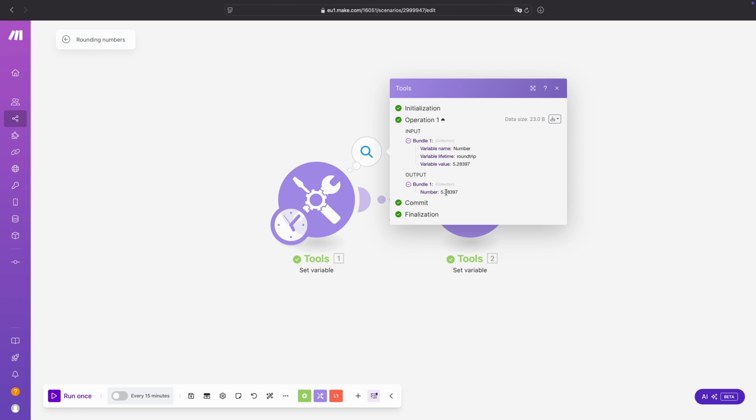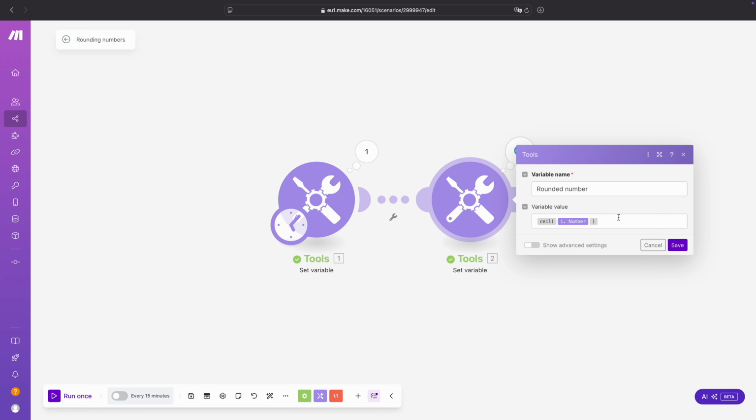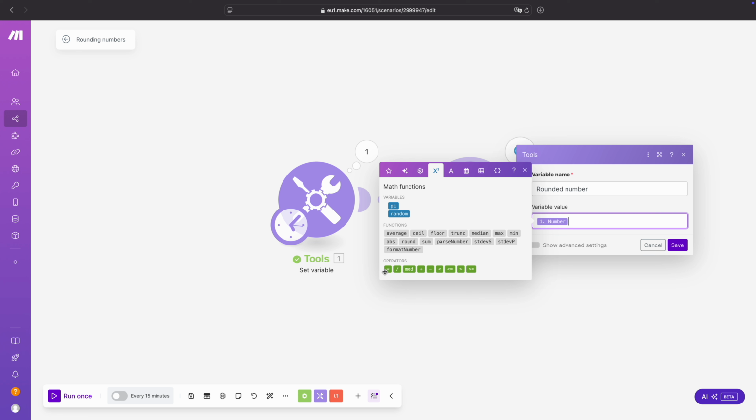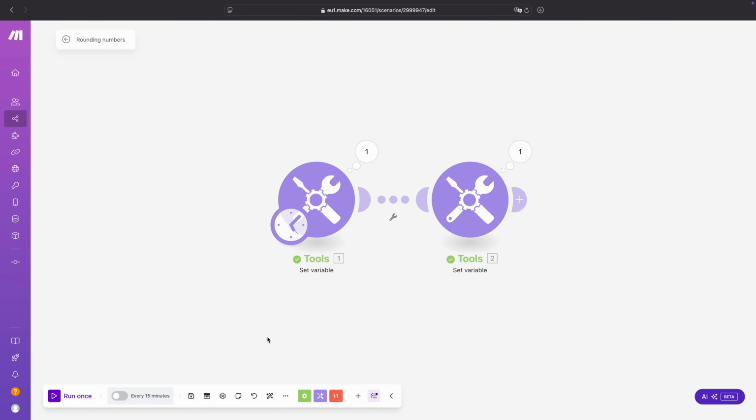But what if you want to round the number up or down, but then want to reduce basically the amount of decimals? So over here we have 5 decimal places, right? And then we want to reduce this by 3 so that we have 2 decimal places. So what we're going to do then is we have our number. So we say here number. And then what I want to do is I want to have 2 decimal places, right? So first I go to the math functions and I say here multiplication. Multiplication 100. Now, this is not it yet, but let me show you what it does then.